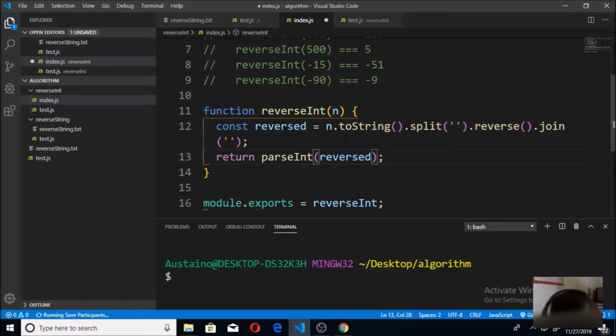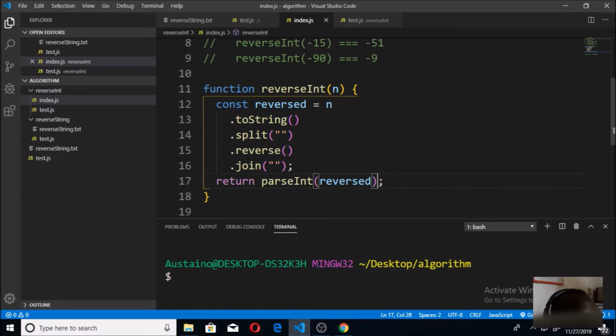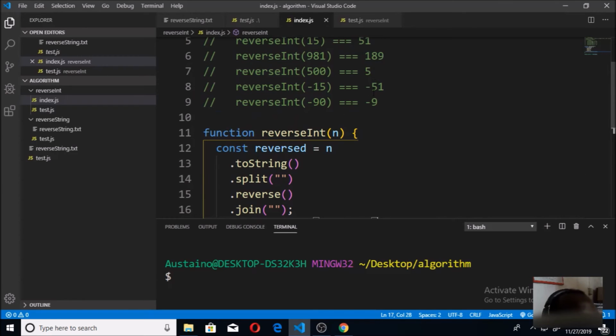So I'm going to press Control S to save. Once you do Control S, Prettier will arrange it very well for me. So I have n, I convert it first to string, I split it so that it becomes an array, I reverse the array, and I convert the array back to string. Then in this second statement, I use parseInt to convert the string into an integer, which is actually what is needed. But then this will not pass the negative sign